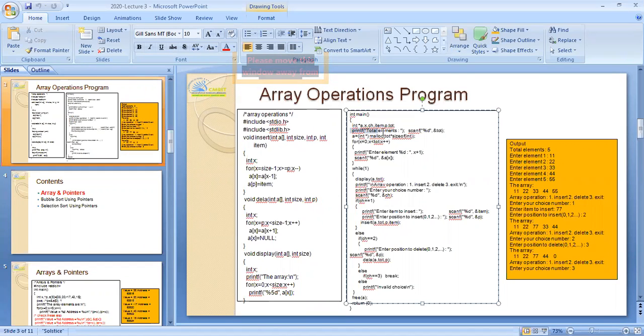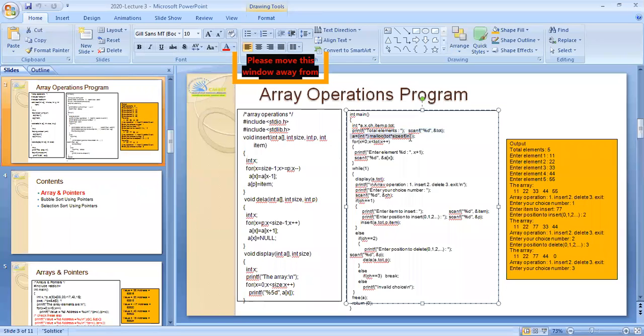Now you go for this: enter the total elements. So how many elements should the array take? That entire number of elements you are going to insert here. The total elements TOT comes under the integer data type. What is the format specifier? It is &TOT.